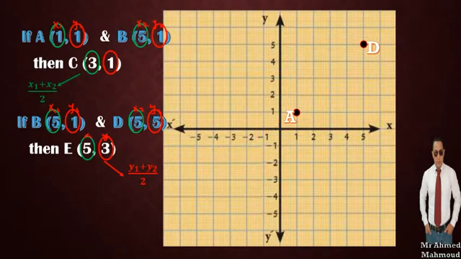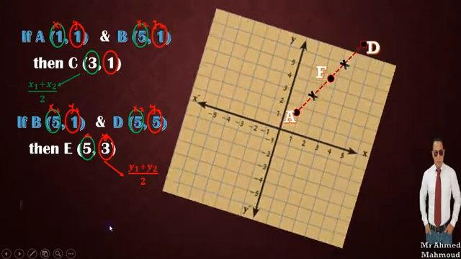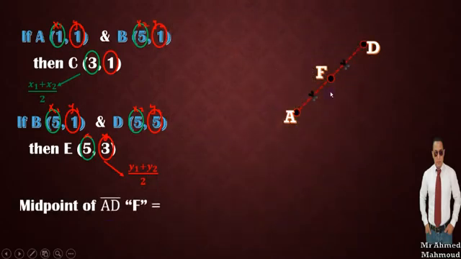If we go back to the point A, which is (1, 1), and connect A and D like this, the coordinates of the midpoint lie at this point here, (3, 3). Here A is (1, 1), D is (5, 5), F is (3, 3). Now to calculate the midpoint F in general of a line segment AD, we make